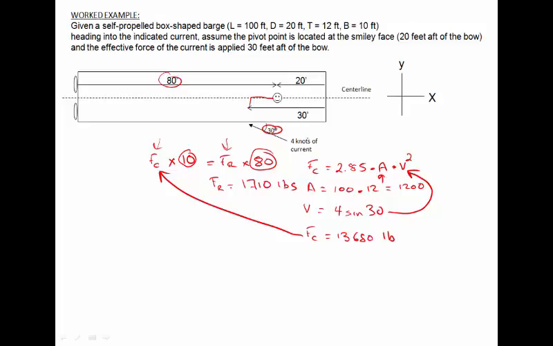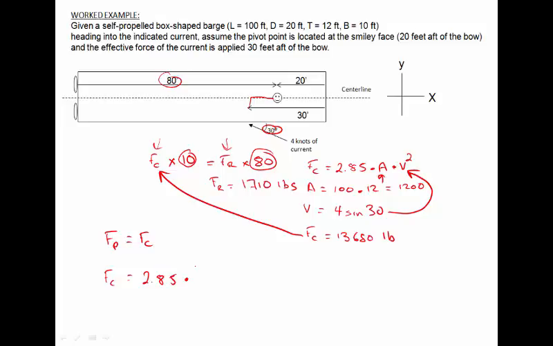Now I need to know how much power I need to create to maintain my speed. So all I really need, I need to know the force of my propellers has to equal the force of the current. So I want to maintain speed. I'm not trying to accelerate, so these forces are going to be equal to each other, which makes it nice. So I can just figure out the current force based on my new values. And we already know